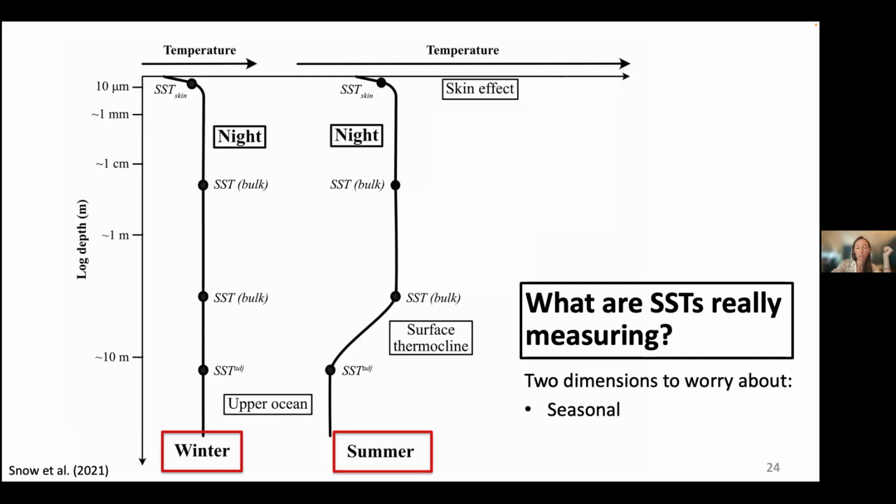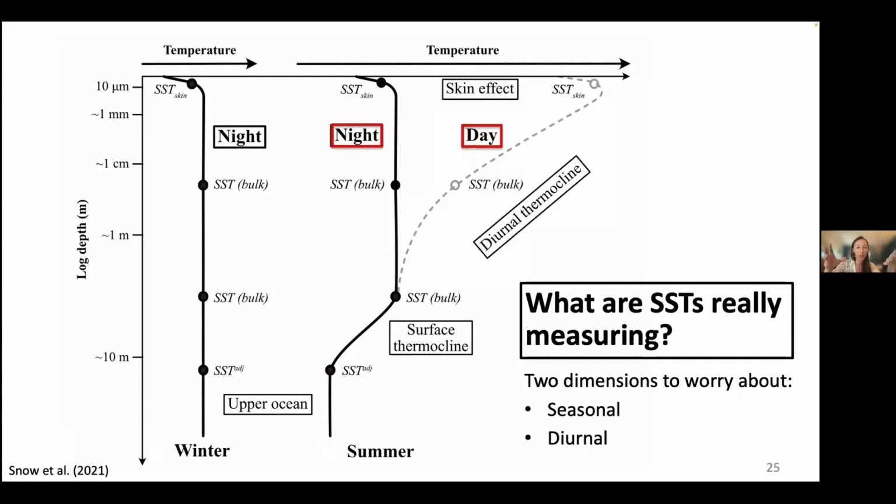in the water column. Now you also have a diurnal effect. So at nighttime, you get a lot more mixing because the sun is down and the winds are a bit higher. But in daytime, all of that changes, and the input from the sun creates a diurnal thermocline that can make the sea surface temperature very different than temperatures even a few centimeters to a meter deep. So you can imagine that what sea surface temperatures are measuring in the water column changes very drastically throughout the